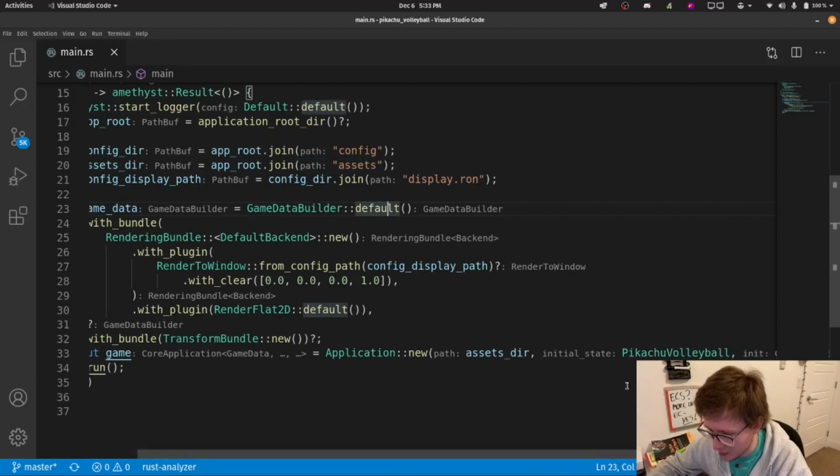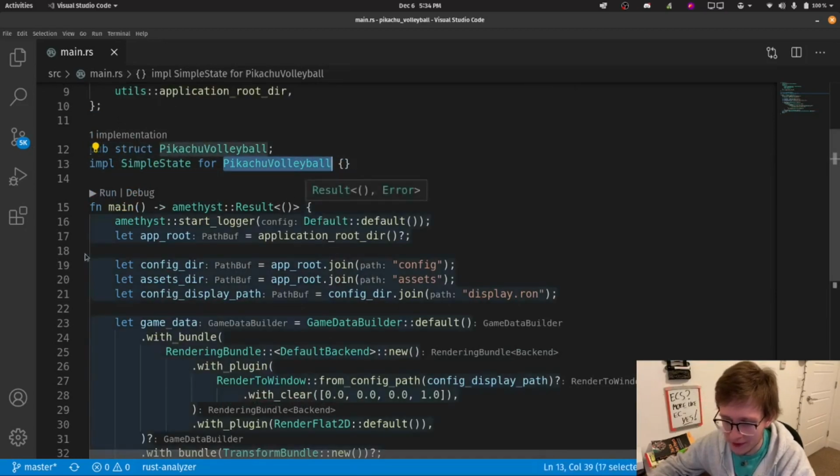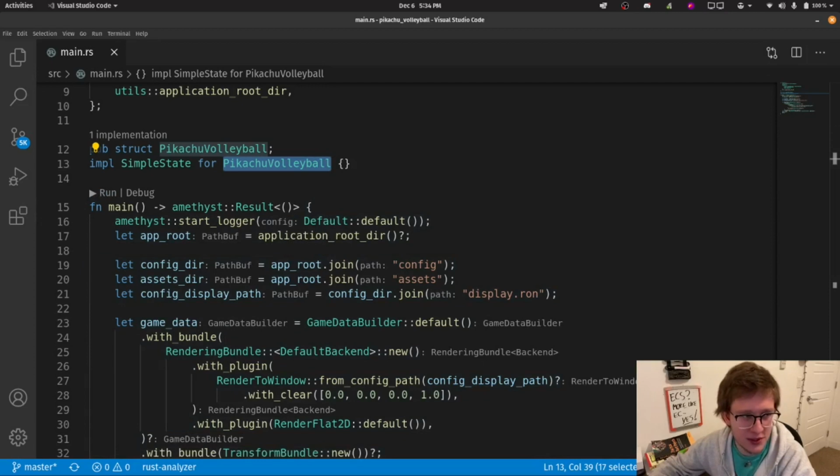And next up, we have the state, this PikachuVolleyball, which we are creating in here. So this is a struct PikachuVolleyball, and we're implementing the SimpleState trait for PikachuVolleyball. If you don't understand what a state is, to give an idea, it can be things like loading, main menu, gameplay, pause, result, and so on.